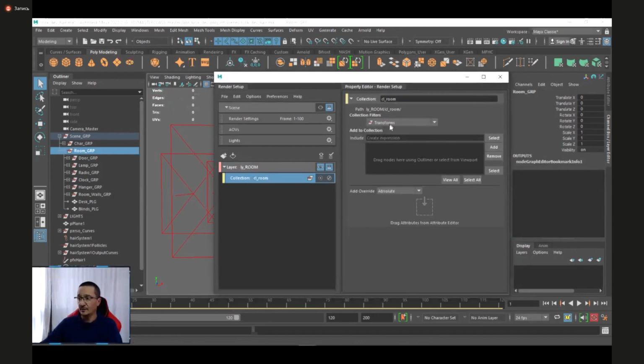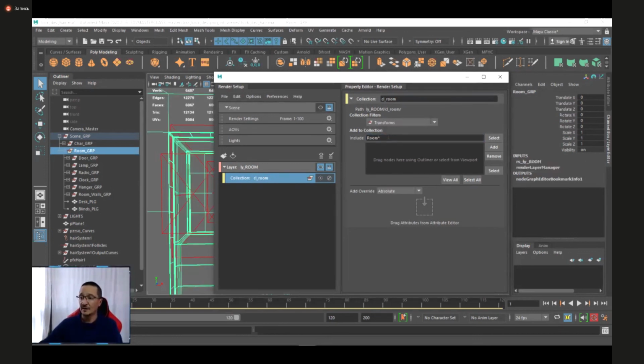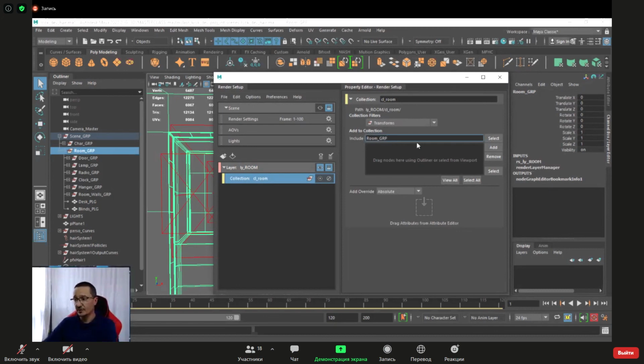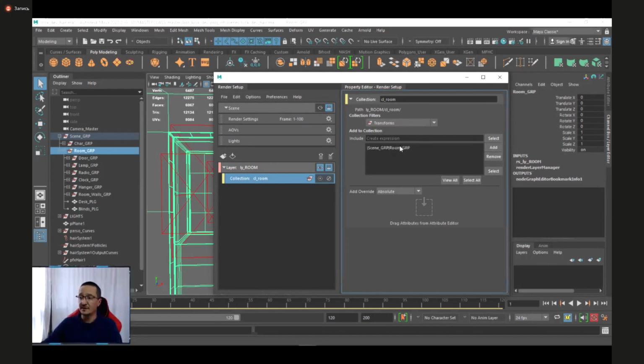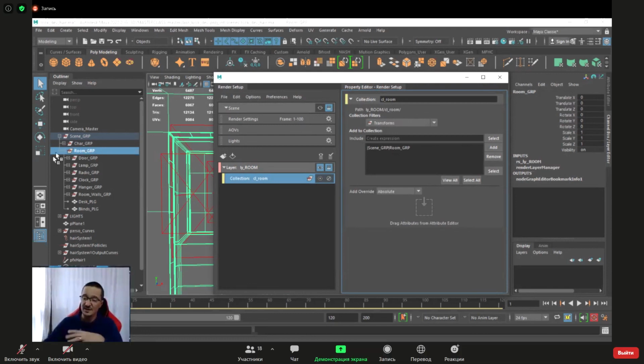And if you select the room star, you have the room. Very simple. For the name room, I can even have GRP to be sure of the name I want, or you can just add this group physically. It's quite the same. Okay, so I get my room in this layer now.